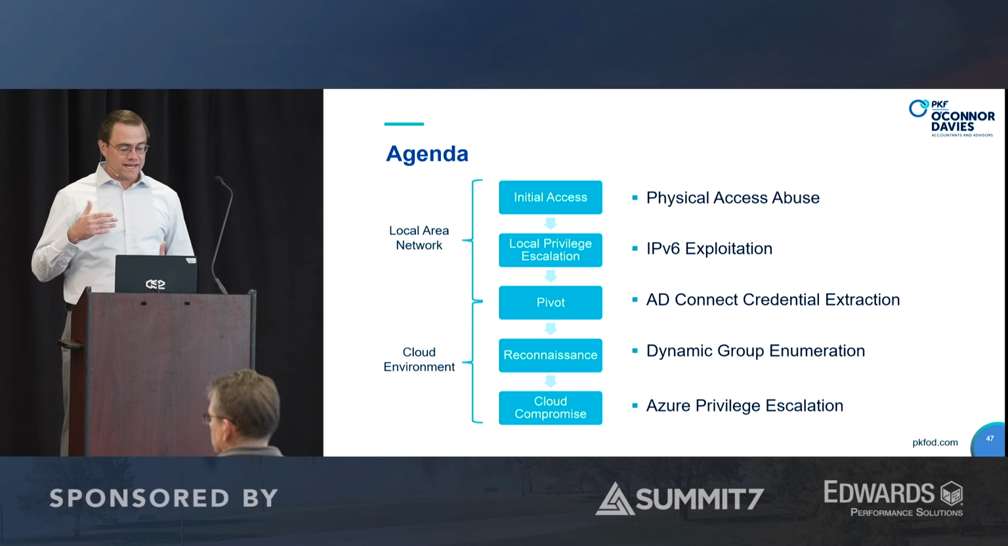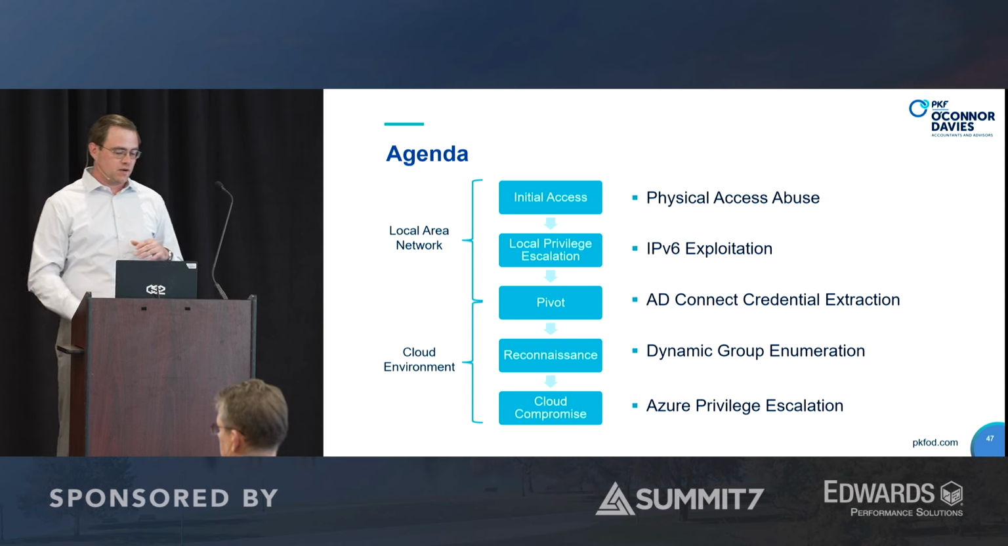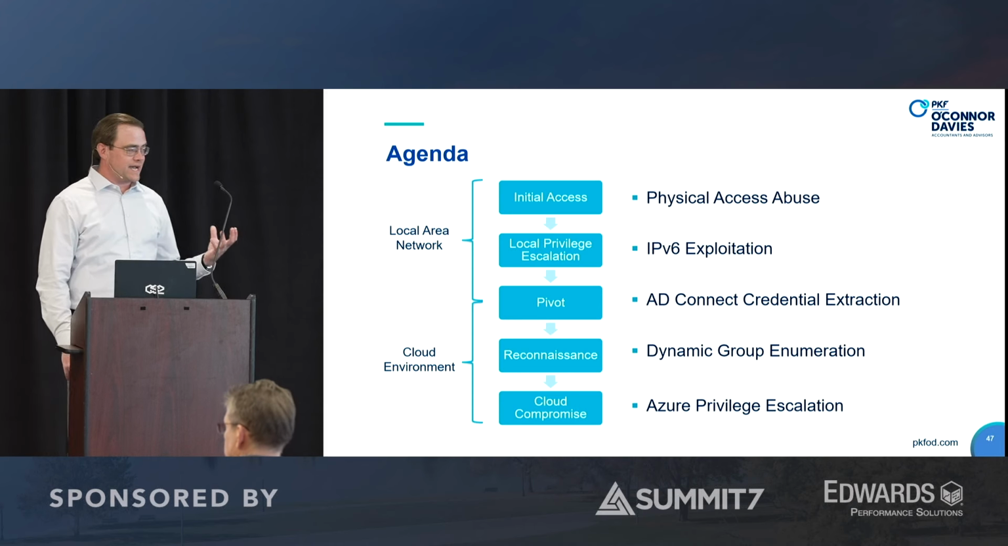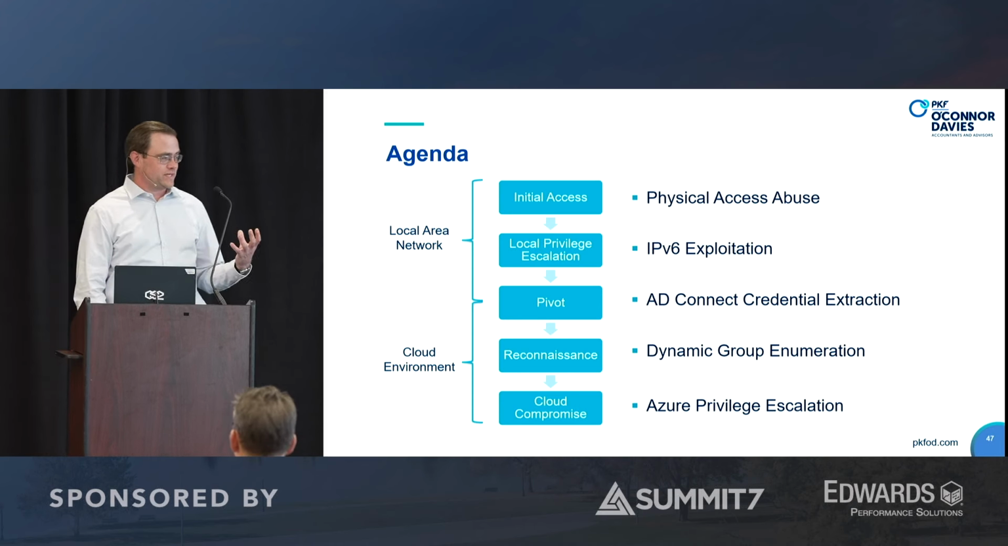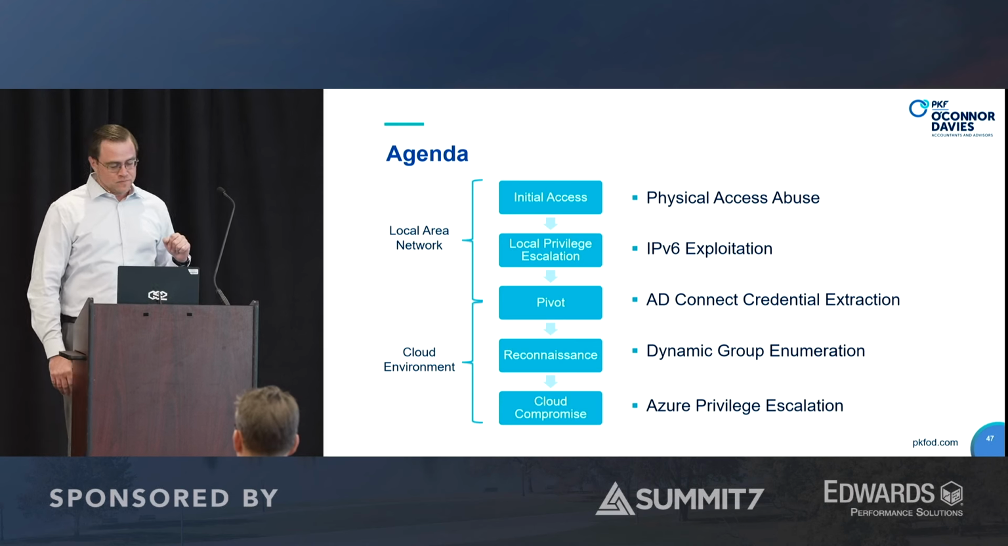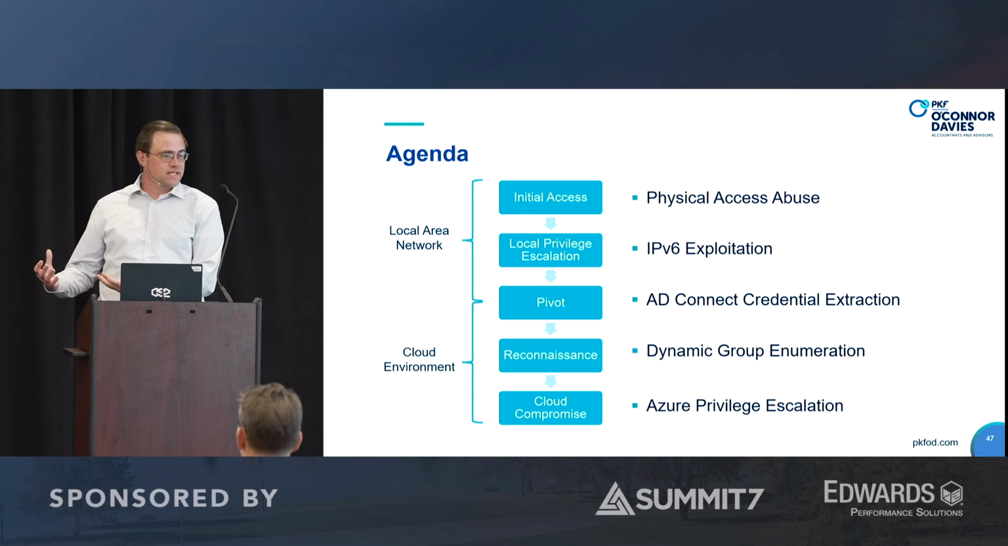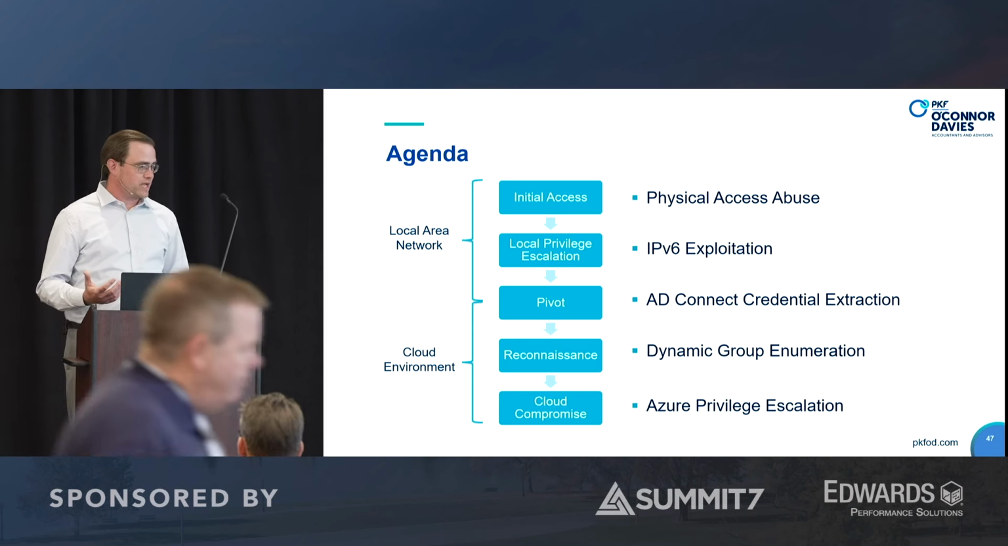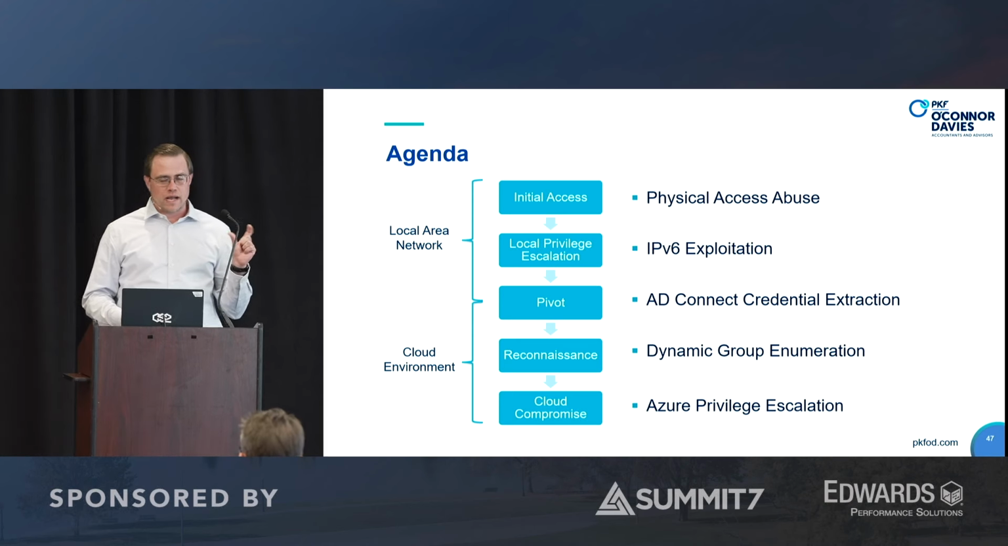We're going to start by getting initial access to your local area network. This time, we're not going to take a hyper-technical approach to how we do that. We're going to be doing that via physical access abuse. And then we're going to have to get an initial set of credentials. We're going to do that by abusing IPv6. That's going to be probably the most technical portion of this talk, but I think it's really important for everybody